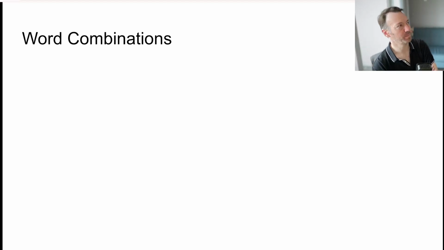Hello, and in this video we are going to think about word combinations. This is where we have two words together, but the meaning of the phrase, the meaning of the idea, comes from both of those words, or three of these words. So you must have those words together to have that meaning. Individually they do not have that meaning, but together they do.